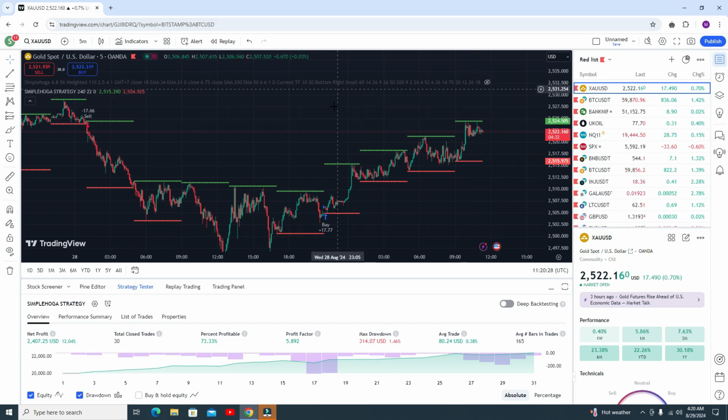Okay, so we will discuss the whole details, how you can add the script in your TradingView chart, how you can get this script, or how you can get this indicator, and how you can add the indicator in your Pine Editor. It's a very simple procedure. At the end of the video I will tell you, but we need to understand the whole strategy first.